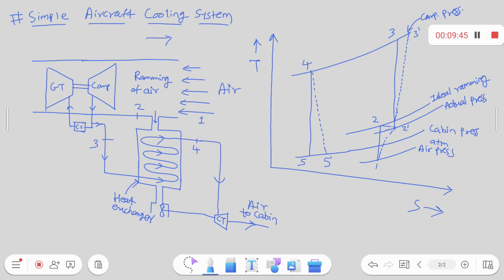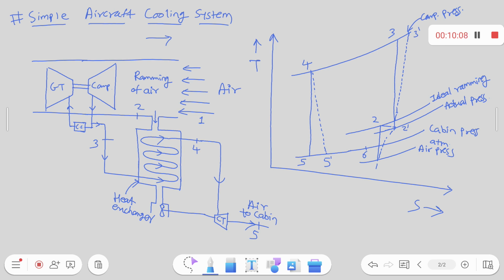And 5 dash to 6 is what? 5 dash to 6 is what? Cooling or heat absorption inside the aircraft cabin. Right? So this is your TS diagram. Okay. Now all of you understood this,